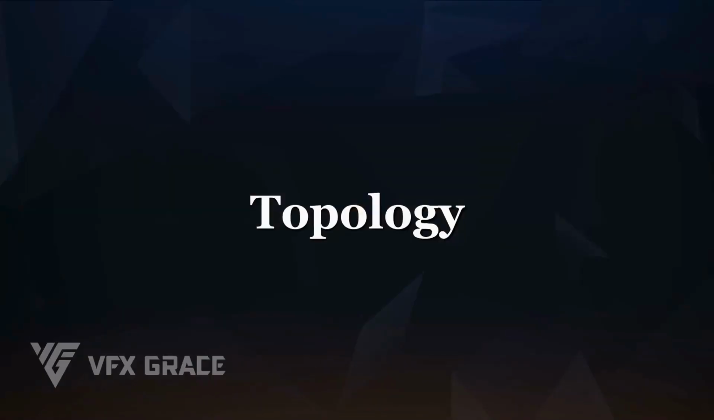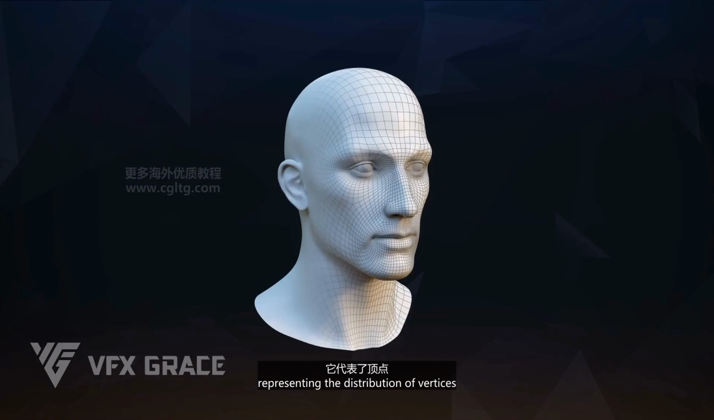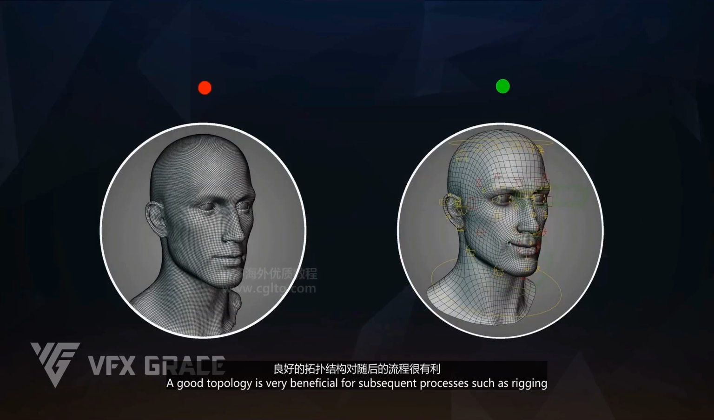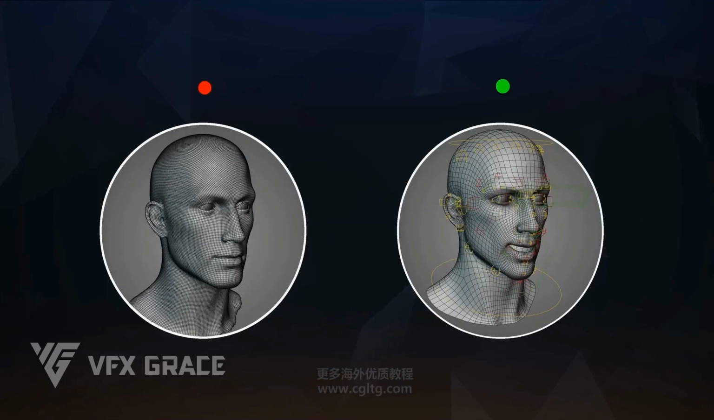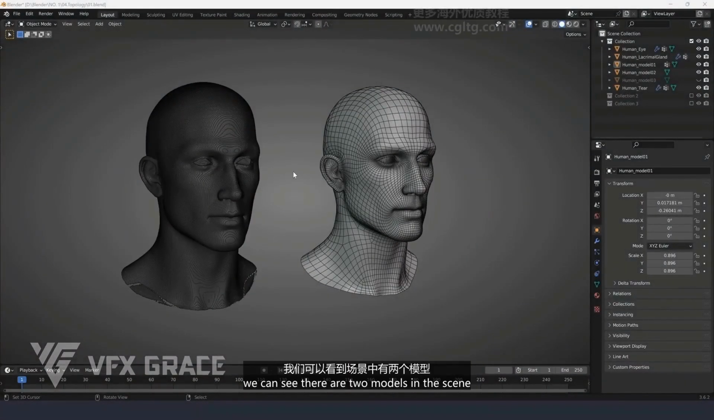Before we start, let's first talk about topology. In simple terms, topology refers to the overall mesh structure of a model, representing the distribution of vertices, edges, and faces for the model. A good topology is very beneficial for subsequent processes such as rigging, animation, hair, rendering, and other phases. Here, we can see there are two models in the scene, and at this phase, our focus is